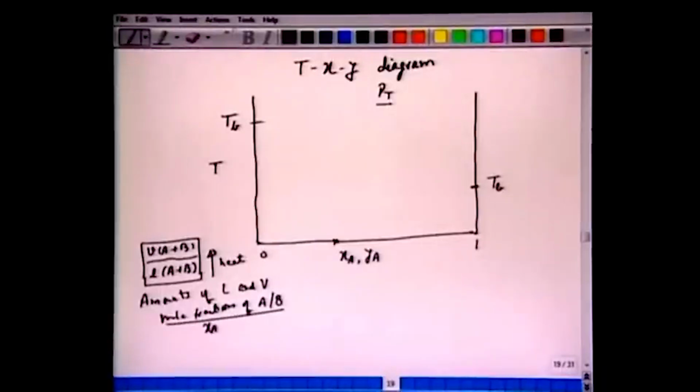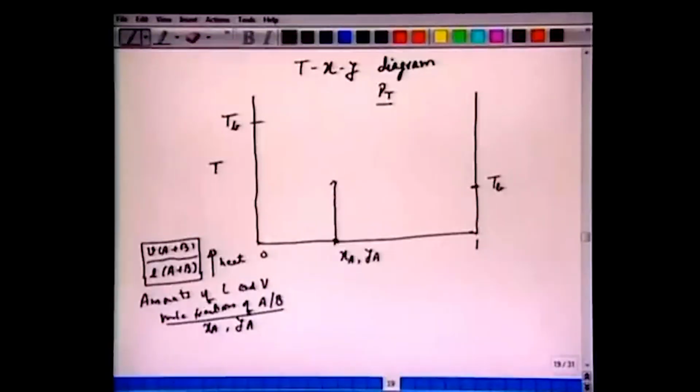Essentially, one can monitor Xa and Ya. So, 1 minus Xa will be the mole fraction of B in the liquid, and 1 minus Ya will be the mole fraction of B in the vapor phase. If you do this experiment, what we observe is that as we increase the temperature,